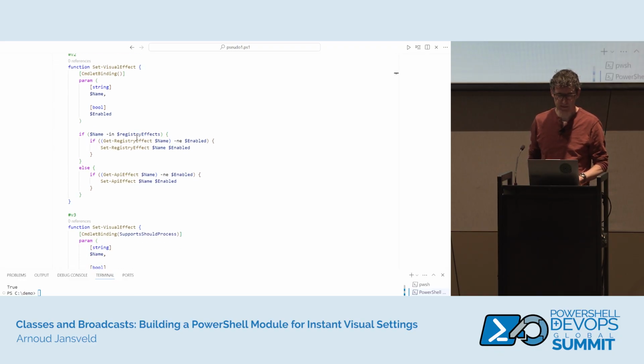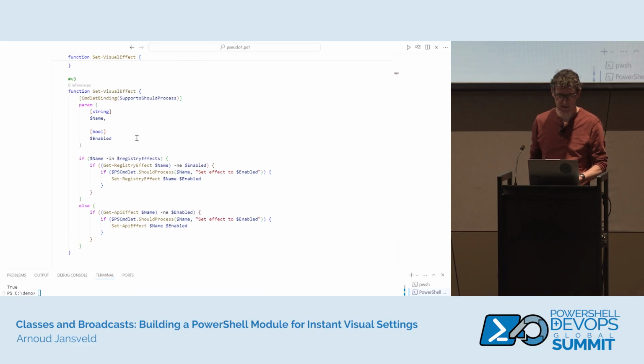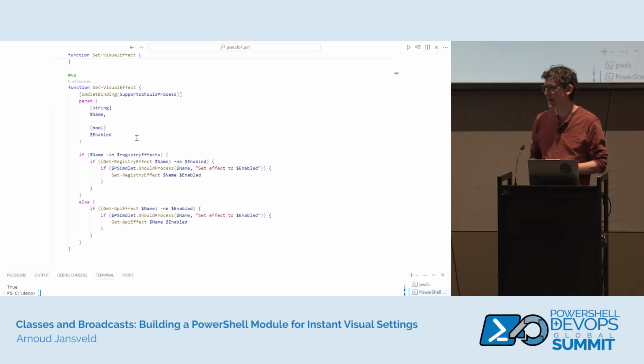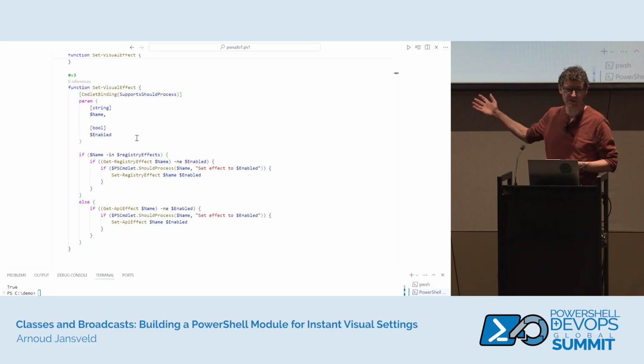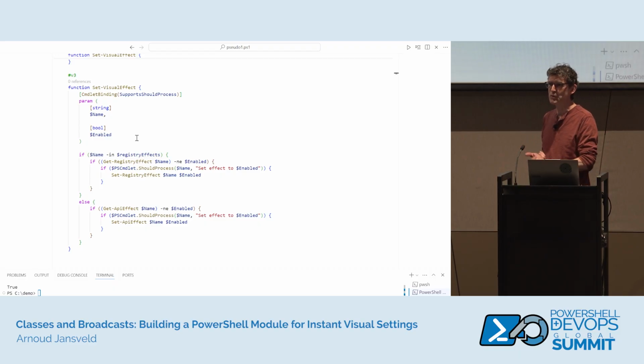But now I want to add what-if support, right? Should process. You can kind of see what starts to happen there. It's going to get nested. I'm going to get basically code duplication. It's not a great way to organize this code. And we've only really talked about two types of effects, right? If we want to future-proof this, if we want some kind of extensibility, well, what's going to happen if I have 3 kinds or 4 kinds? This is going to get really ugly really fast. So